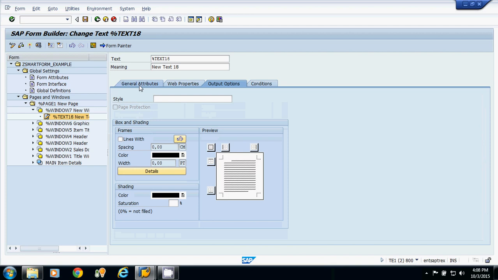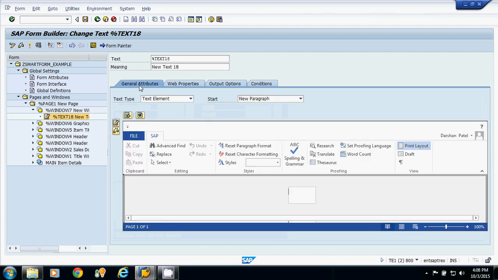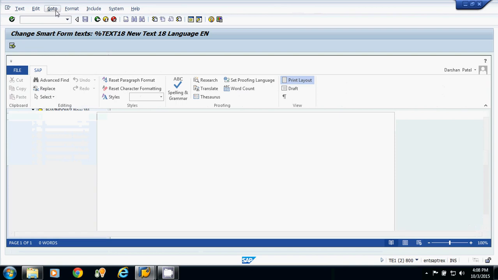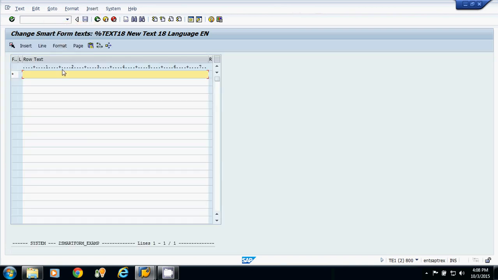So how to print the total page number and current page number? I will go for editor, go to change editor. For printing the current page number, we have one system variable, that is sfsy-page, and for printing the total page number, we have one system variable sfsy-formpages.